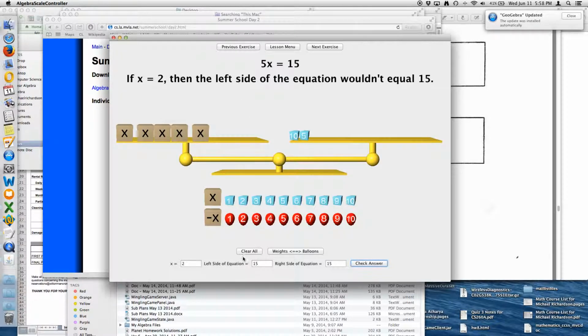So it's wondering why you put 15 for the left side of the equation when you thought that x was equal to 2. So if you put in the wrong answer, it's first going to try and tell you that it doesn't understand why you would say that, because that doesn't make sense. If x equals 2, then the left side of the equation wouldn't be 15. We can see that if there's 2 in each of these boxes, the left side of the equation would be 10. So what if you continued to get it wrong, you decided, oh okay, then the left side is supposed to be 10. Then you check your answer,